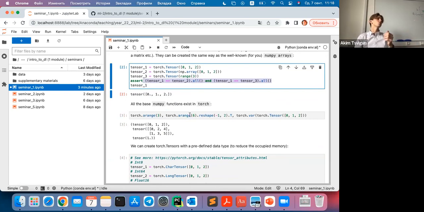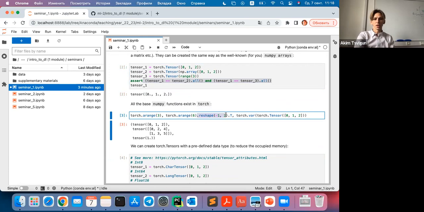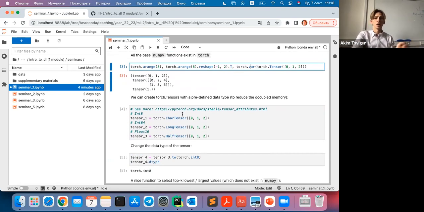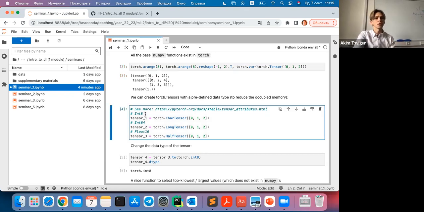All the base functions which you used in NumPy exist in Torch as well, like torch arange, reshaping, transposing, calculating some statistics like variance, mean, median, etc. Everything exists in Torch. We can also create torch tensors with some predefined data type. This is especially important when we need to deal with the memory, with the speed and how much memory it occupies. To create a tensor with d-type int8, we need to have it as torch char tensor, int64 long tensor,